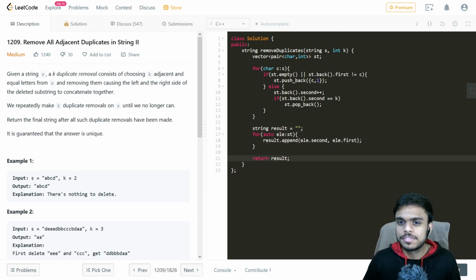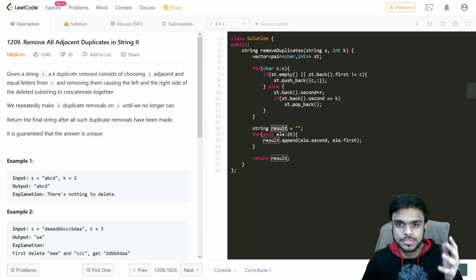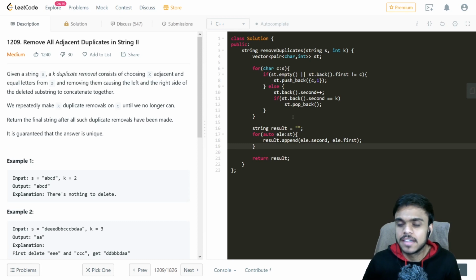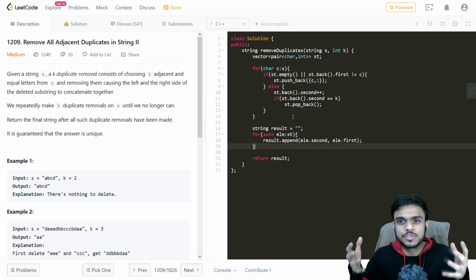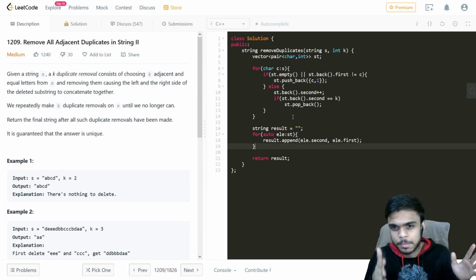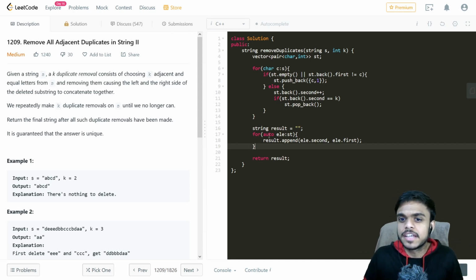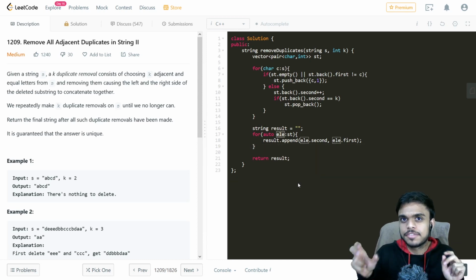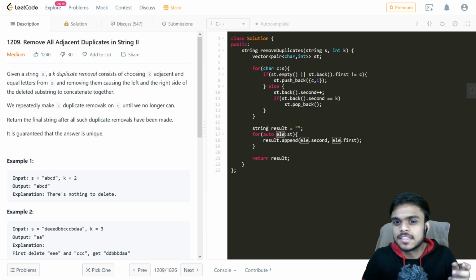Okay, so now what we have done is we have created a string which we need to return, that is the result. We had a vector of pairs which contains just the elements that are to be present in the string, right? So every time we are iterating in the vector, we are getting a pair. This auto means it will automatically detect what the data type is in C++. So basically this element is a pair, and we are appending to the result variable, that is the string that we need to return.